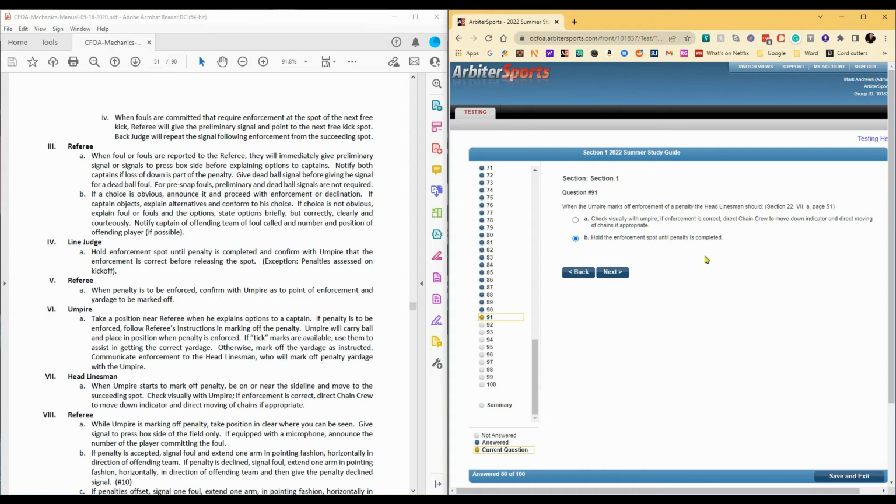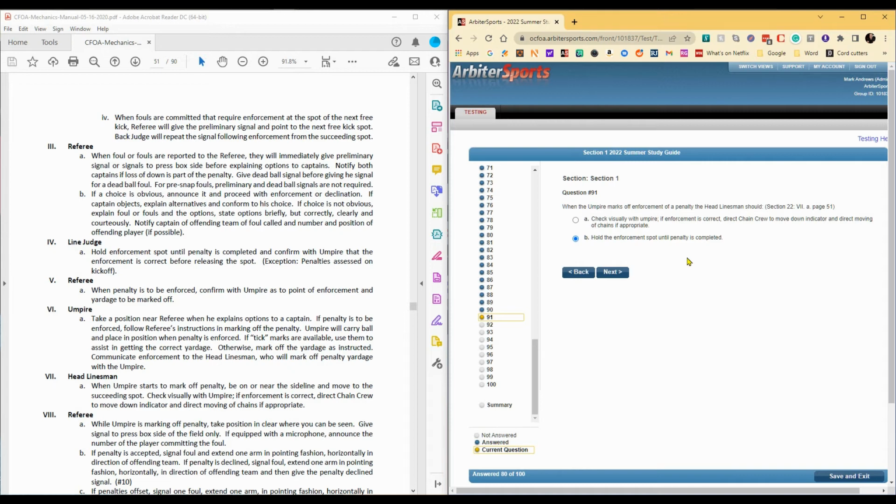And everybody involved, the line judge, the umpire, and the head linesman, should know where the ball is going to end up. When I say that, I mean if you're going from the 42 and it's a holding call, and you're going to go to the 32, right? Everyone should have that in their mind. And what I would like is that the head linesman and the umpire do not look at each other while they're moving downfield. And if they end up in different spots, then we find out why. Okay? Another good practice is if